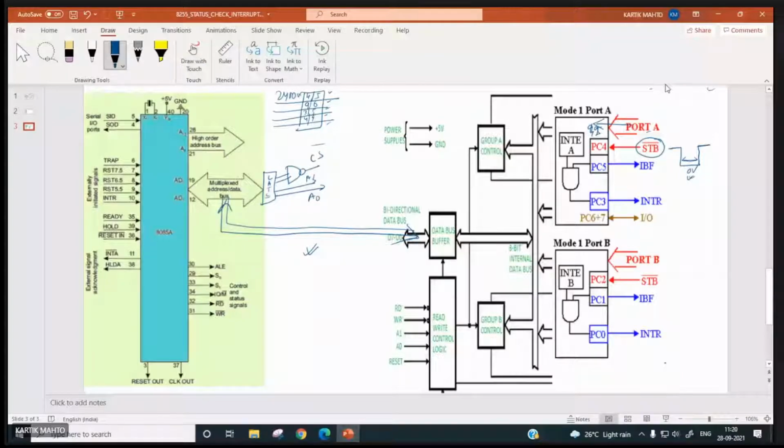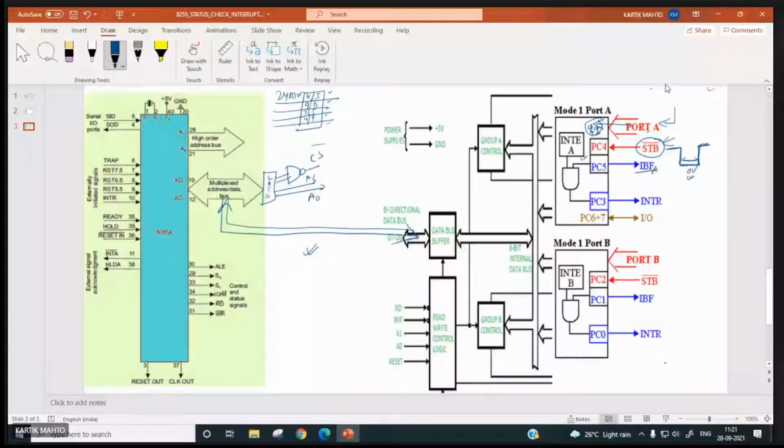Okay. Now, if this person enters valid data over here and makes STB bar low like this by pressing a key, this type of signal it gives to STB bar. 8255 is going to make IBF A, input buffer full A, this pin 5 volt.